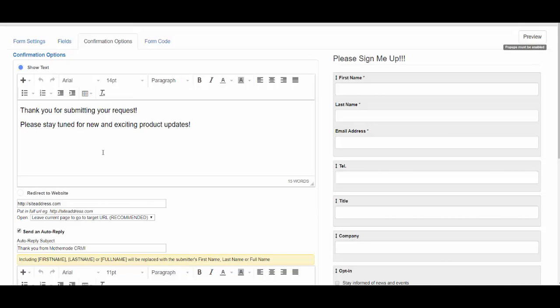Or you can choose to redirect the respondent to a different page, another page on your website. Simply click redirect, or click the radio button next to redirect to website, and specify the web address. And as it states here, make sure it's the full URL. And then you have a few options for the website address. The recommended option would be to leave the current page and then go to the target URL that's specified right here. So you have a choice between showing predefined text that you enter, or you can once again redirect to